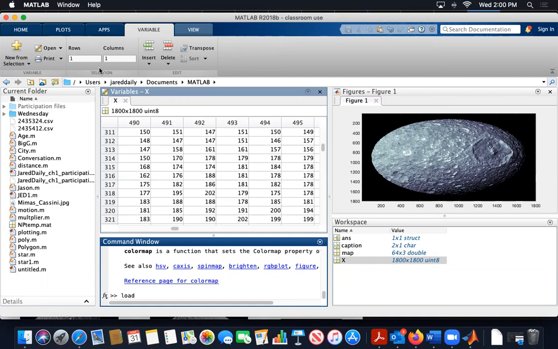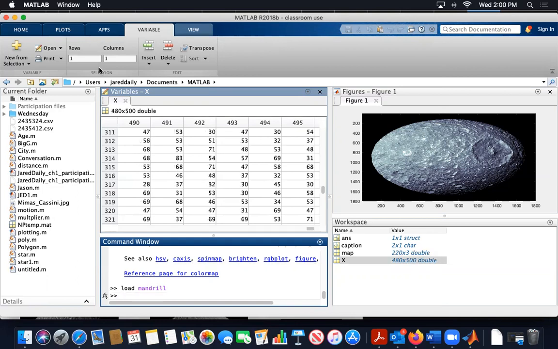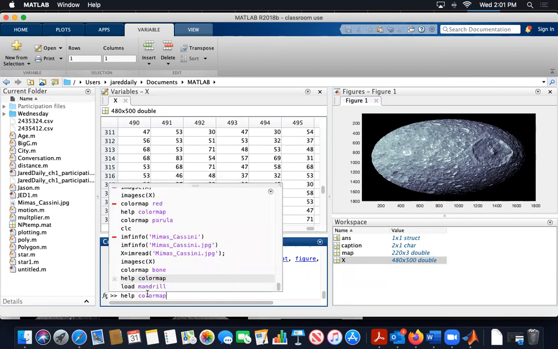We're going to load this thing called mandrill. So we're just loading a matrix of numbers in, and you can see here that it's put it into this thing we call X. Whenever you load an image file in, it just loads it as big X by default, unless you rename it to something else. So it's replaced our Mimas thing here. The X that used to be the file that had our Mimas moon in it now has this thing in it,